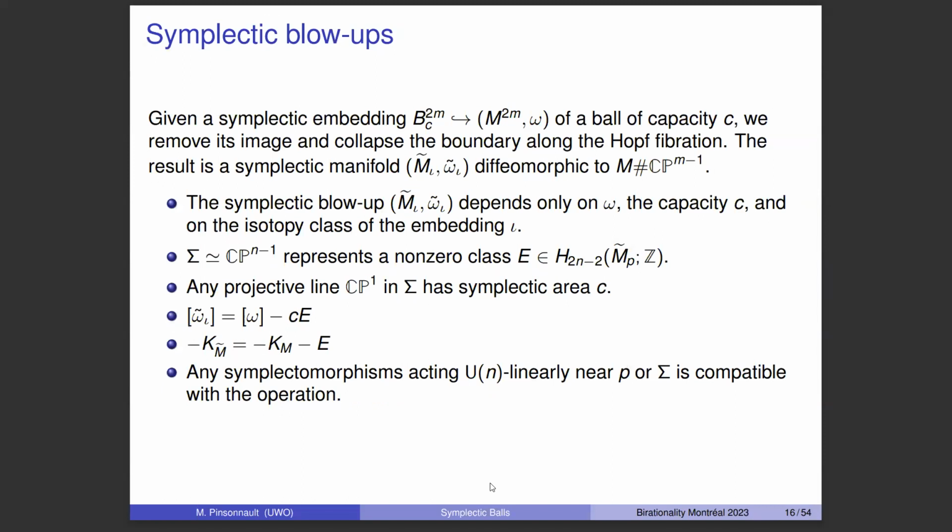Okay, so why do we persist? Well, because there are still good examples. Okay, so you have to be very careful when you choose your example to work with. So now, given a symplectic embedding,